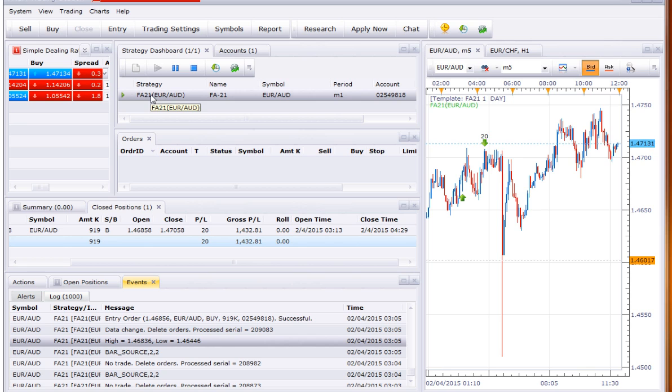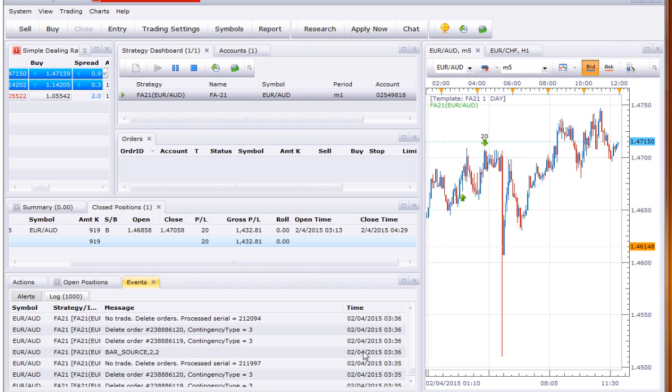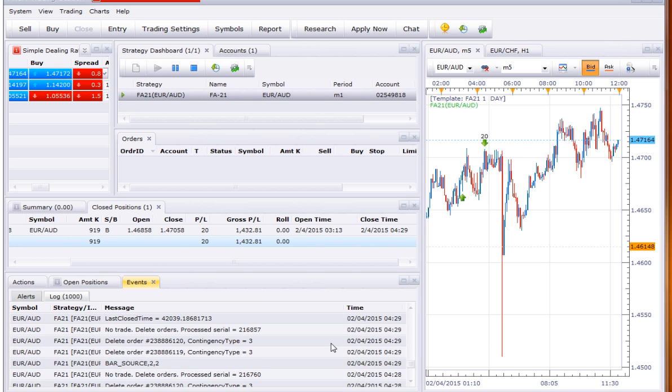The entry points were placed here, so if you were looking at this chart at the time, you would see market orders. Market orders would show up here, so there would be an opportunity to buy and an opportunity to make a sale. So at 3:13 it executed a buy. Then as time marched on, it rolled up to 4:29, and as the pricing met the exit strategy, you see here it executed a close